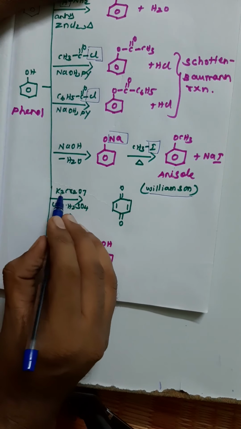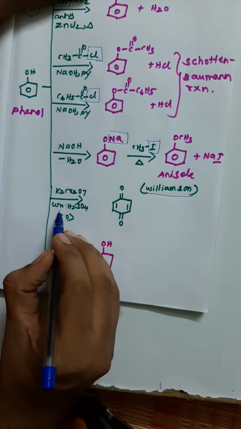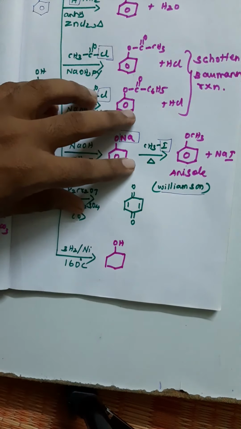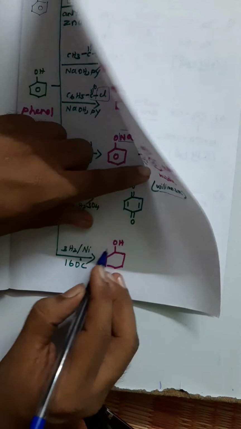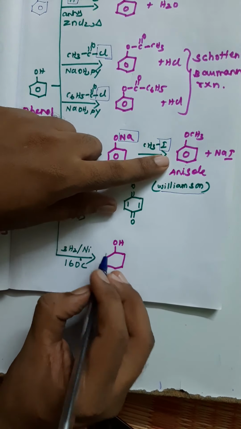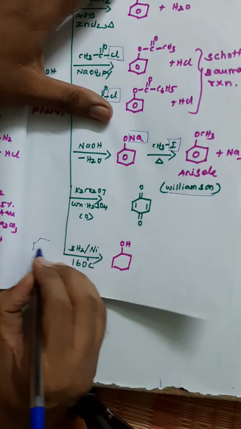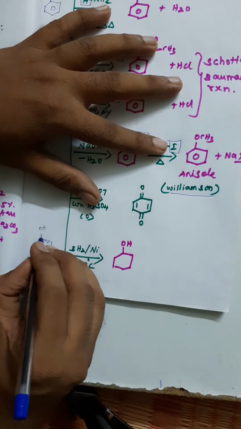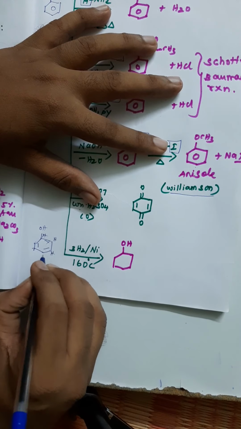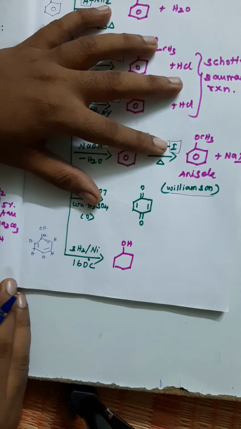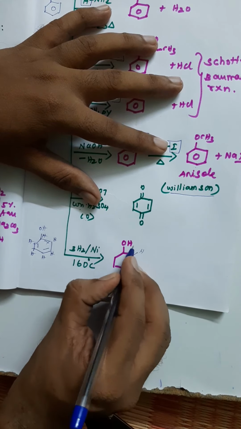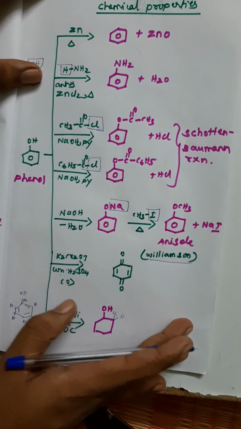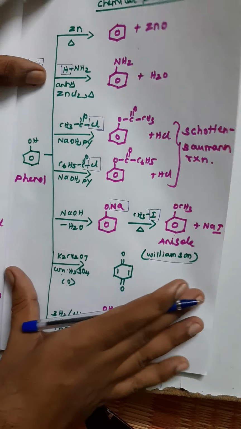When you are doing oxidation with acidified potassium dichromate and concentrated sulfuric acid, we are getting quinone as a product. When you are doing catalytic hydrogenation, we are getting a product without the ring, because phenol has 3 double bonds. Add one hydrogen, one hydrogen, one hydrogen, one hydrogen, one hydrogen, one hydrogen. Addition of hydrogen takes place in the product. So these are some of the chemical properties of phenol. Up to this, the phenol part is over.